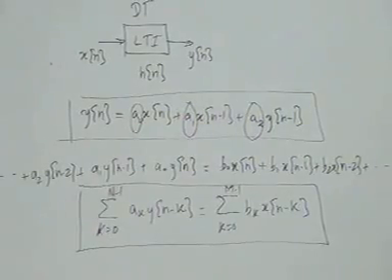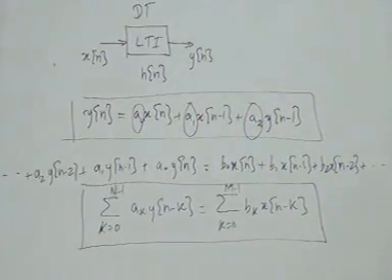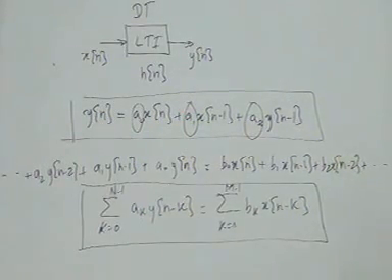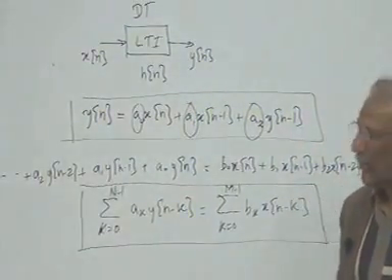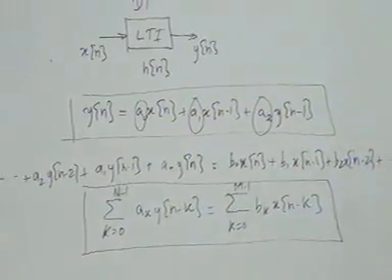Now this difference equation also completely describes your system. If you are given a difference equation, then you can find out the output for the given inputs if you have all the things available to you. We are starting k from 0 because we are considering a causal system. If you have an anti-causal system, then k may go to the negative side also. So you may have y of n plus 1 terms, or you may have x of n plus 1 terms also.